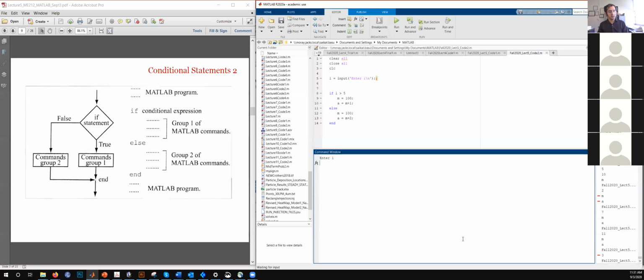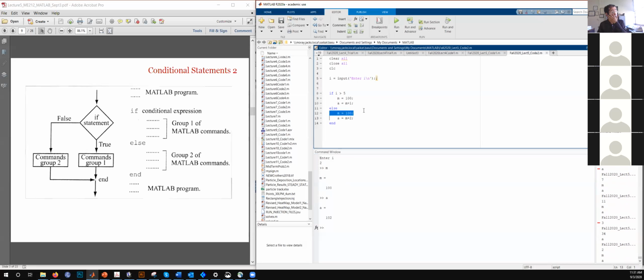So if I type it now and just use the other value of I that was suggested, 34, then we would have A to be 100 plus 1, which is 101. But if I rather use something less again, for I less than 5, say 2, then we have M as 100 and A is now 102. So now it knows what M is because I have added this one line over here, and it can compute A.